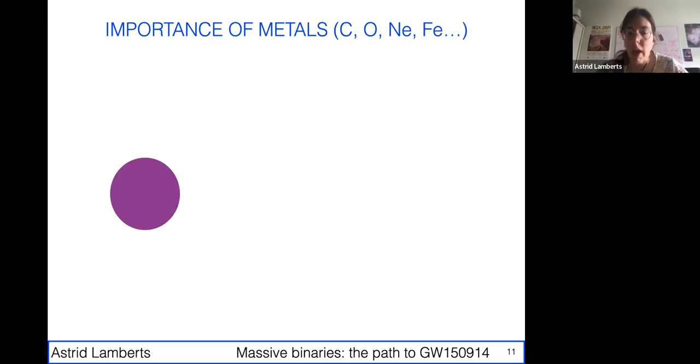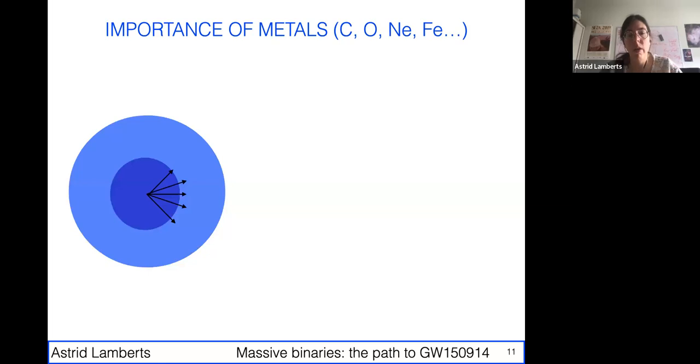The thing is, we have the core of the star, and in a massive star, that core is really warm because of the mass. And if you remember just basic black body physics, the warmer you are, the more intense the radiation that you emit, the more energetic the radiation you emit. And so massive stars emit a lot of UV. And now, if you have the atmosphere of the massive star, that atmosphere is going to be subject to the UV radiation that is coming from the core.